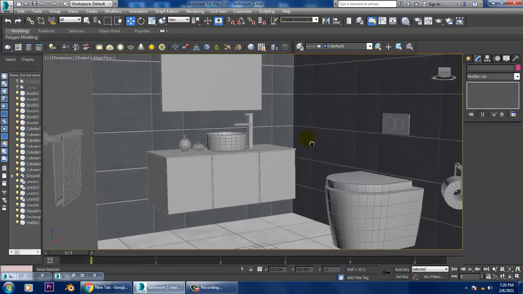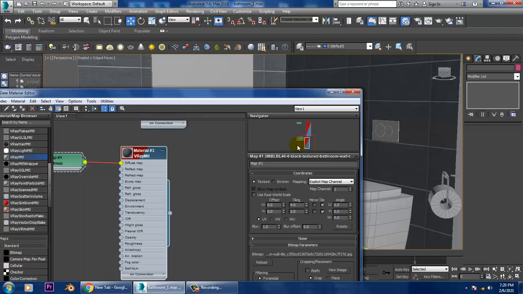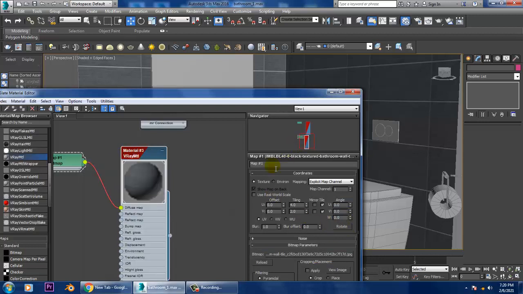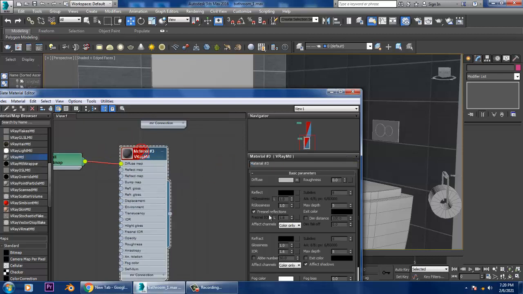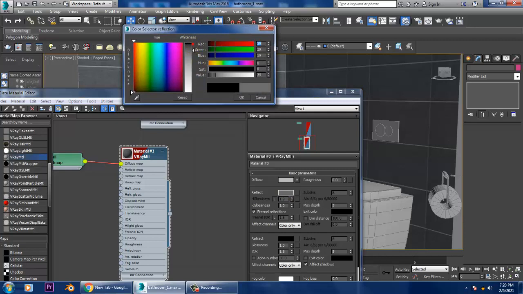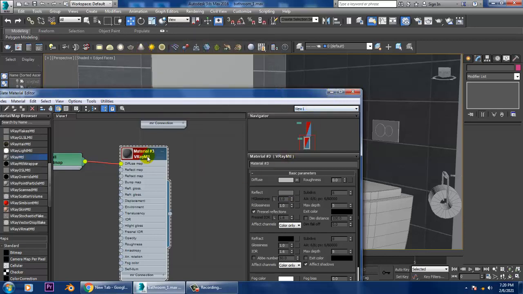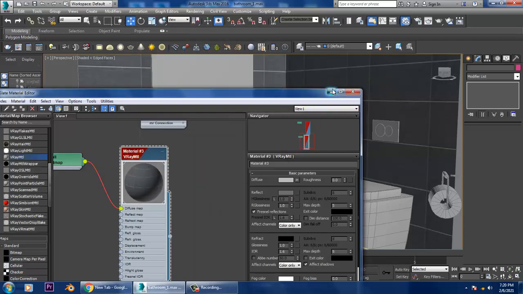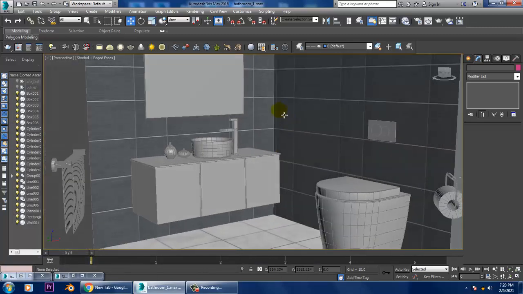This looks much better. Let's go into material and name it as wall over here, and let's give slight reflection. And if you need to give some noise or bump, you can easily give that.